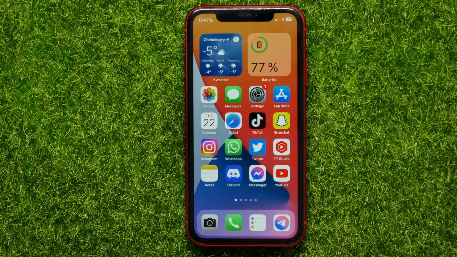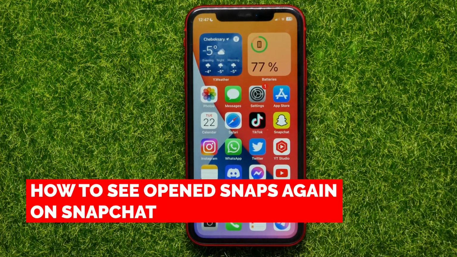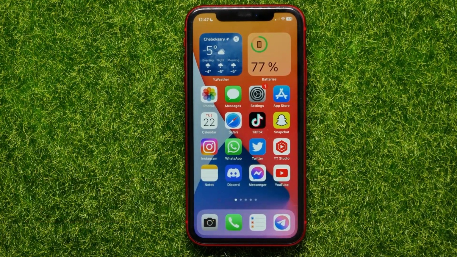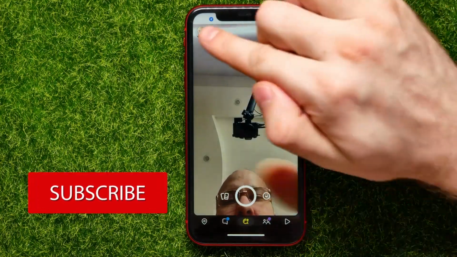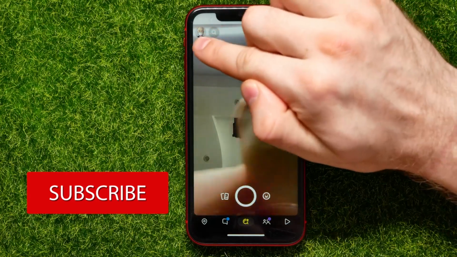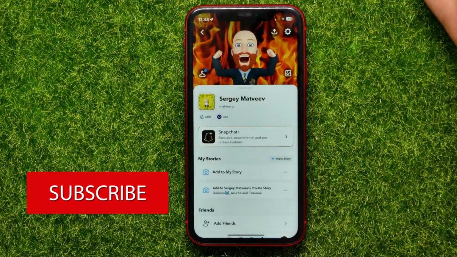In this video, I'm going to show you how to see open snaps again on Snapchat. That is quite simple and easy to do, so let's begin. And first, open up the Snapchat app, then right here at the top left hand corner, hit your profile picture